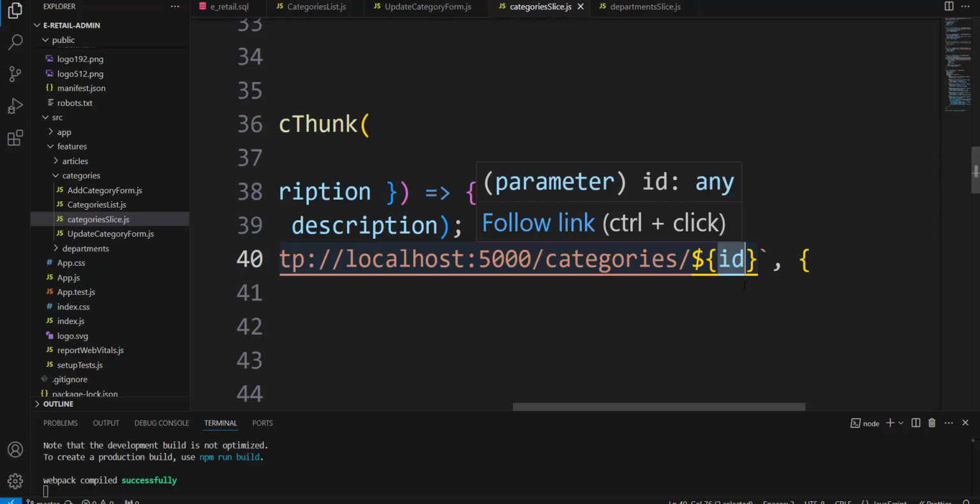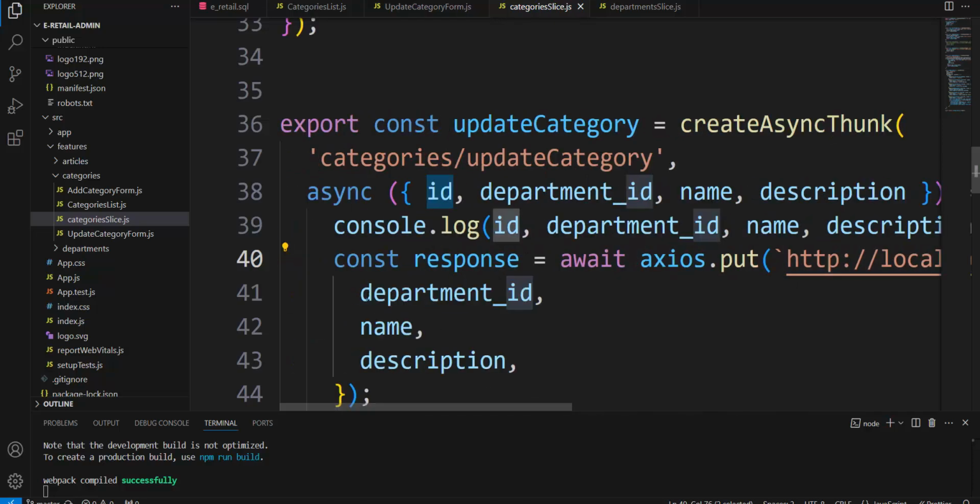Look at ID. In the request, we have ID. This ID is the category ID. Here are department ID, name, description. It is in the request, and it goes to the database. Because after a refresh we see changes, we see the update. It means in the database we have the update. It means that from here our software works excellent up to